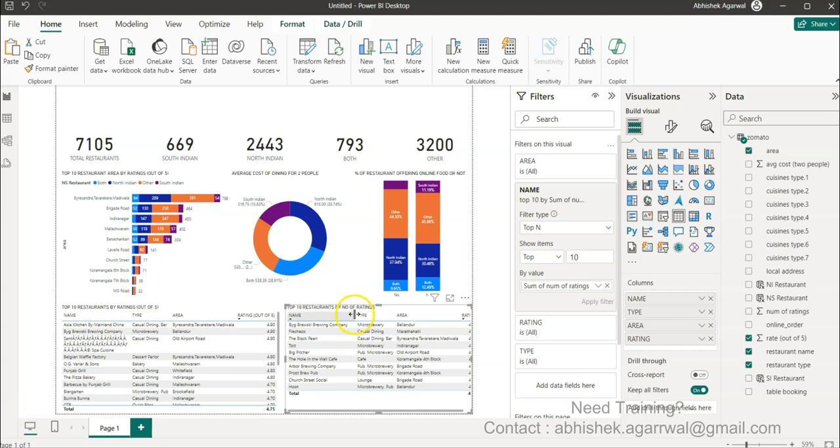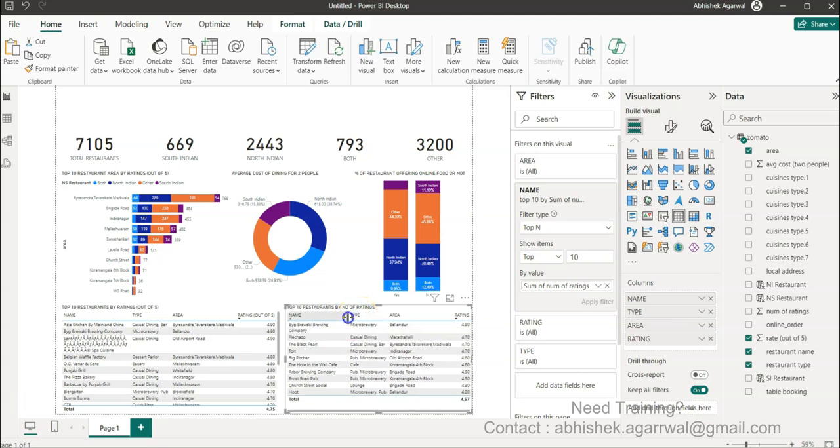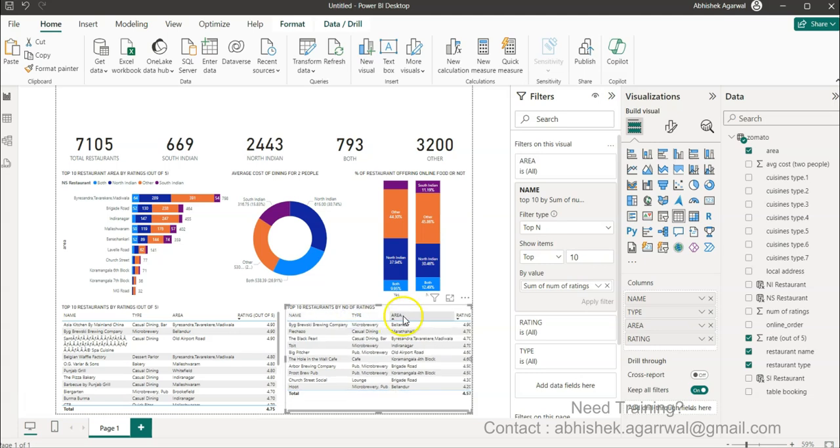That way it is much better, and we'll just try to reduce the size. Okay, so what it is showing is